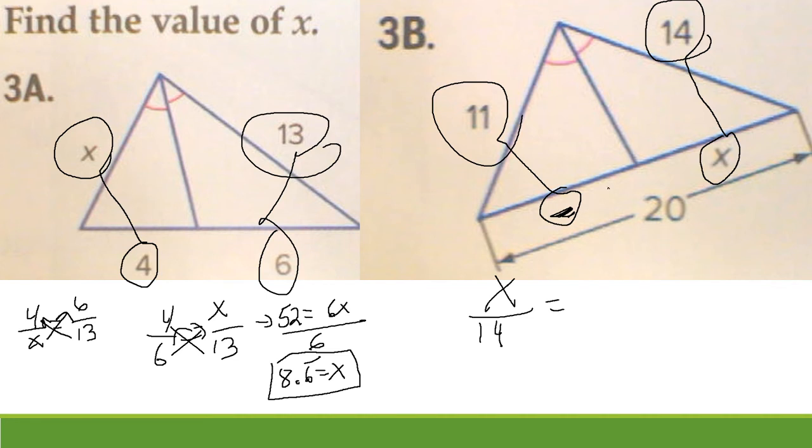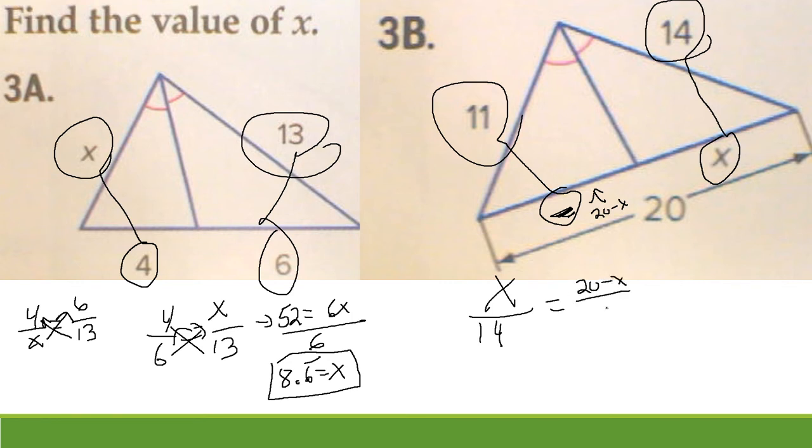Well, think about this for a minute. If the entire thing is 20, I know that this piece over here is x. That means this is whatever's left over. So this piece right here is 20 minus x. So that's the length I'm going to go with. So I'm going to say 20 minus x, which is basically whatever's left over after I get the x part